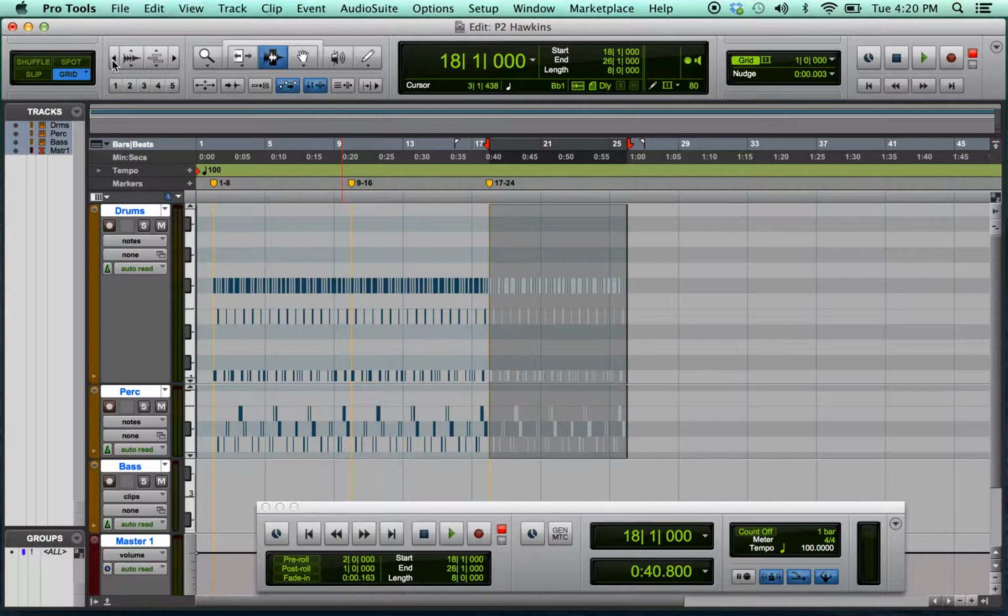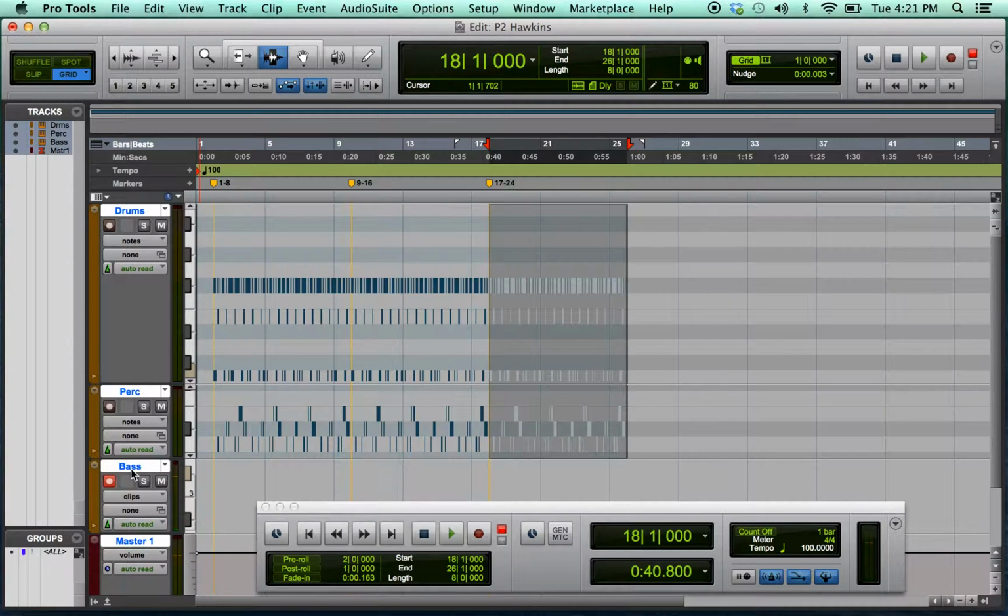Obviously for you, you're going to have to sequence a different groove with each 8 measures of the project, but I'm just trying to be efficient with the video here just to flesh out some time. So we've got drums and percussion now for the first 24 bars. I'm going to switch over to the bass track,